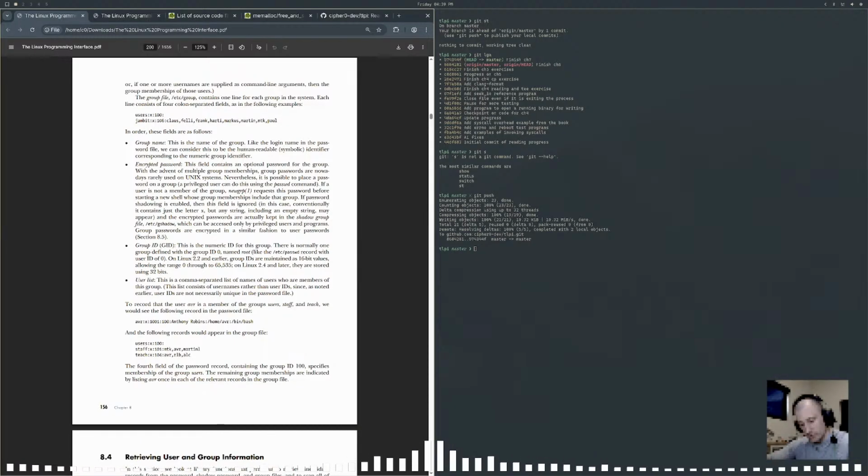Okay, and you want each username to have their own password, even if they share a user ID. To record that the user AVR is a member of the groups users, staff, and teach, we would see the following record in the password file, AVR so-and-so, and the following records would appear in the group file. Yep. Wait a minute. So all users, if you don't have anything, the fourth field of the password record contains